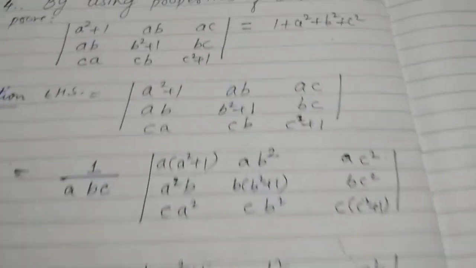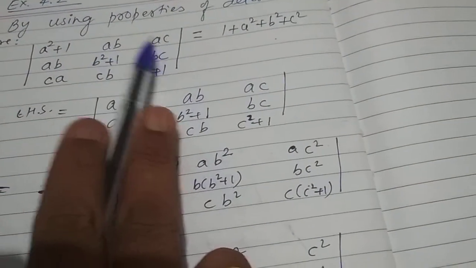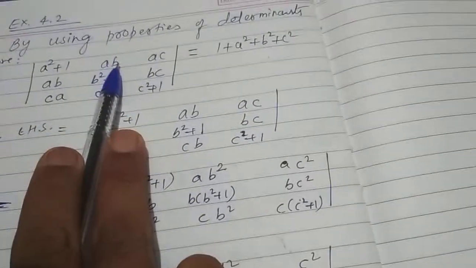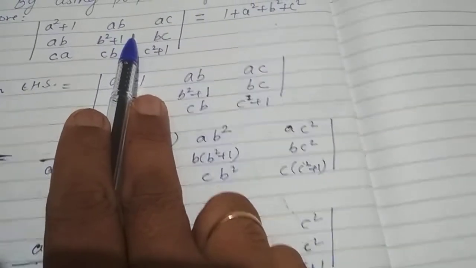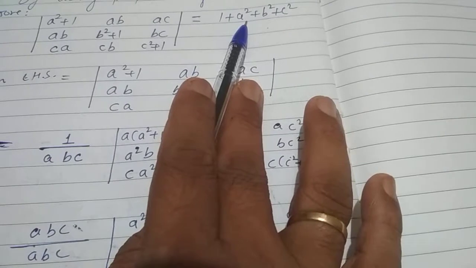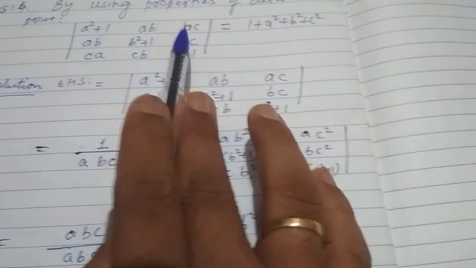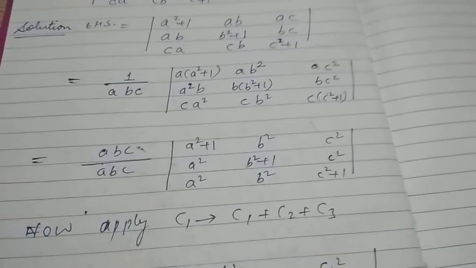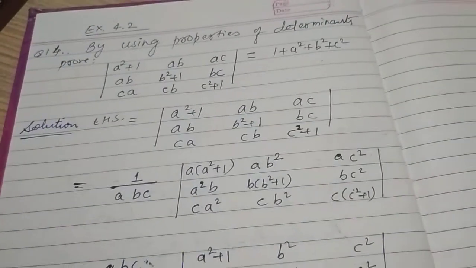So it is a very simple problem. Just to understand how this is also quadratic, they are quadratic terms only, degree of a is 1, degree of b is 1, total degree 2 here. So it is a quadratic determinant only, but if you see the quadratic expression, how to convert it into single variable terms, without being attached to some other variable, the product of two different variables has been converted into a product of one variable only: a into a, b into b, c into c. So this particular methodology is very important. You should take it into account and practice again and again. Definitely you will be able to understand. If any problem is there, you can ask the doubt.